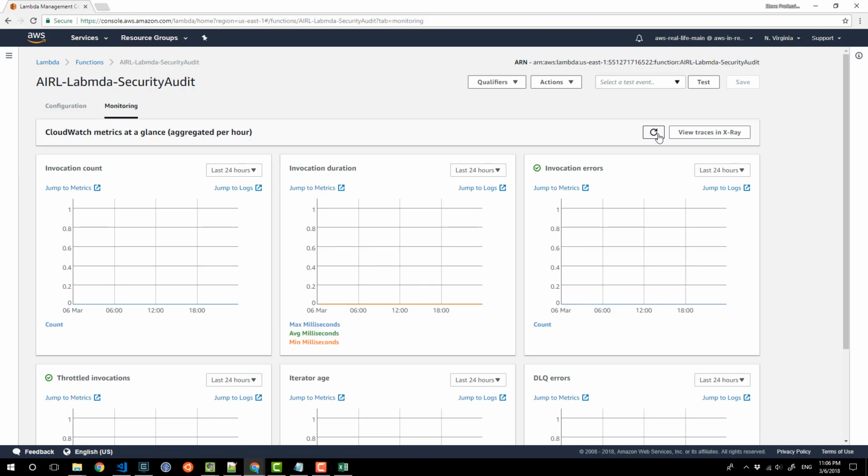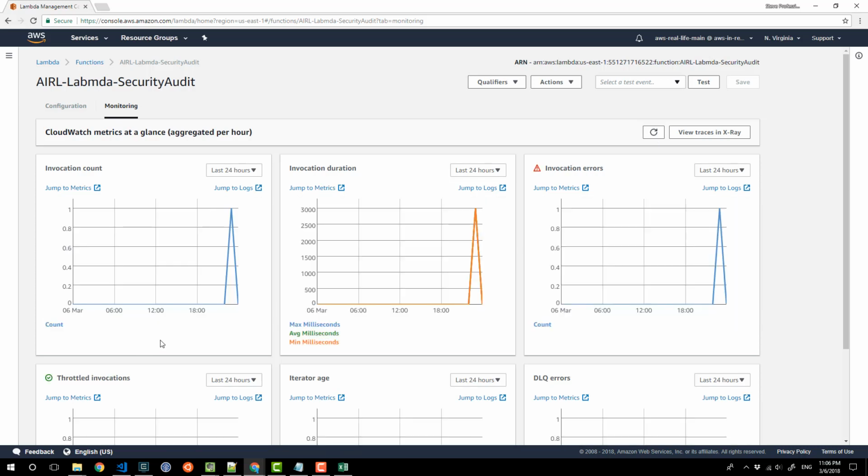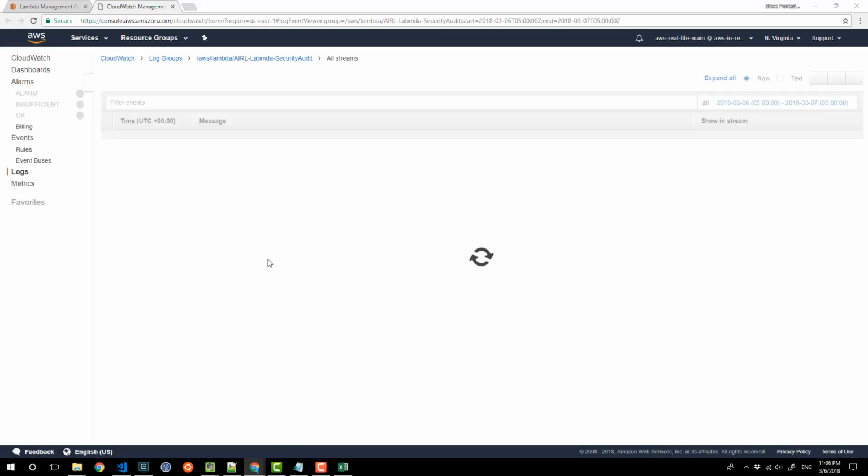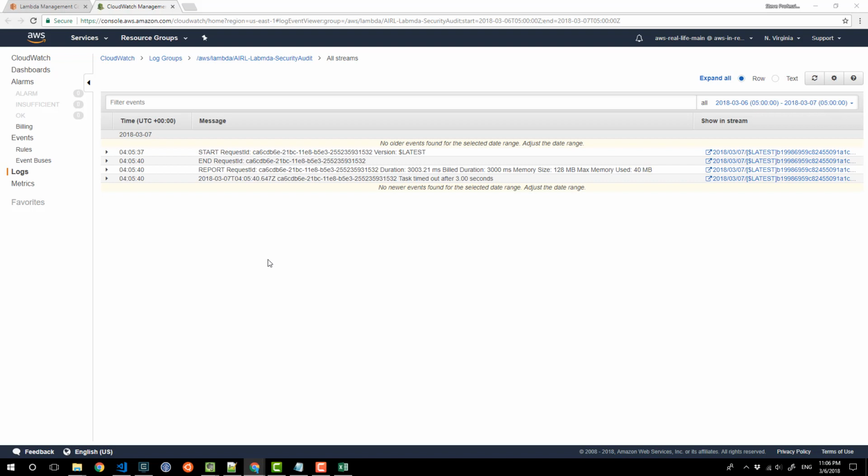the Lambda, and there we go. Okay, so it says that it fired once. It says we have an error, however. So let's jump to our logs and find out what our error was. Takes a minute to load. Okay, so